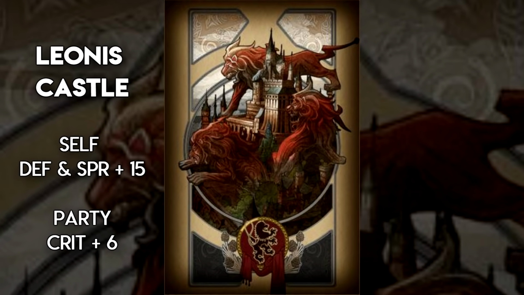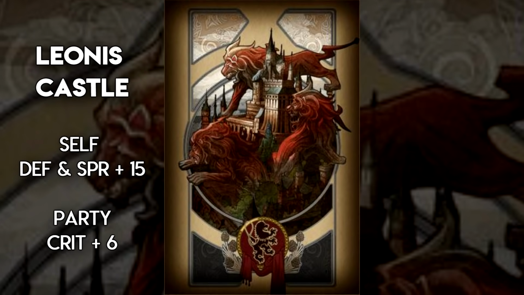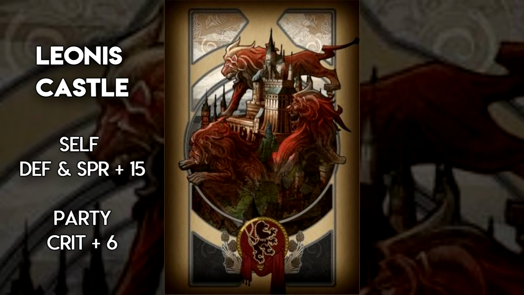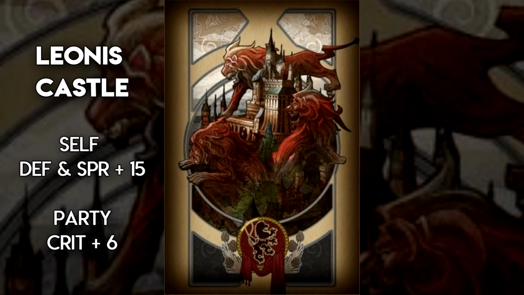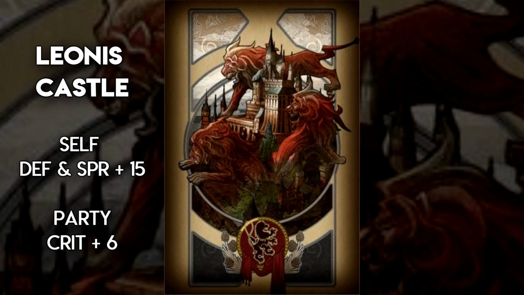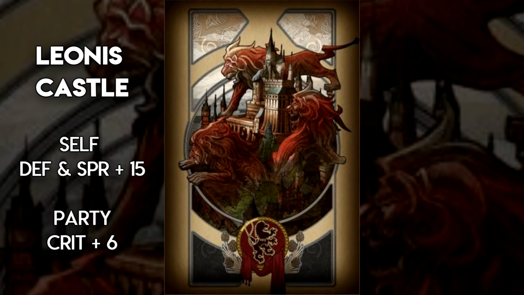Leona's Castle gives whoever has it equipped some extra defense and extra spirit. This is often overlooked, and we will be covering it in a future video about how strong defense and spirit actually are, and why you guys are taking so much damage and getting absolutely destroyed in one shot in PvP. It's because characters have innate 0 defense and 0 spirit, no matter who they are,